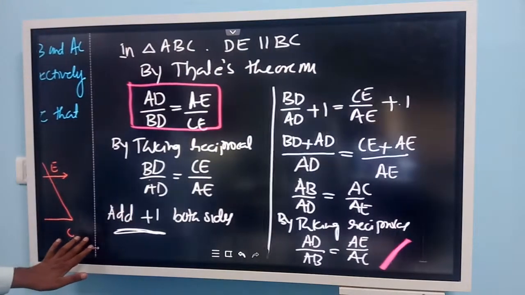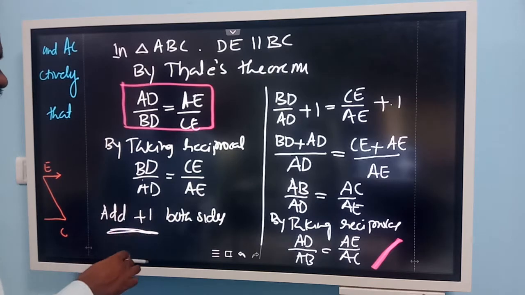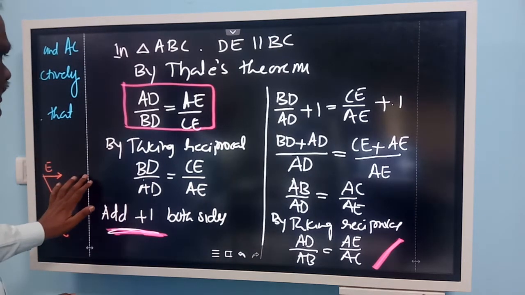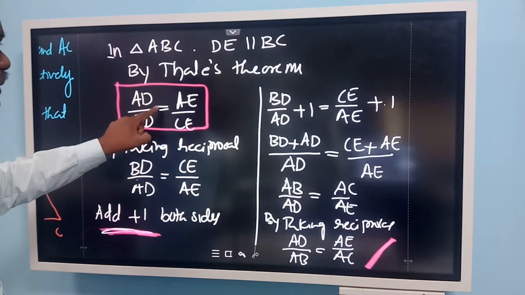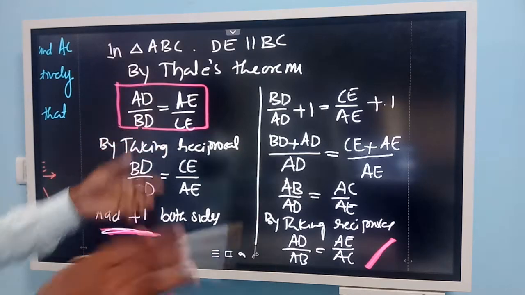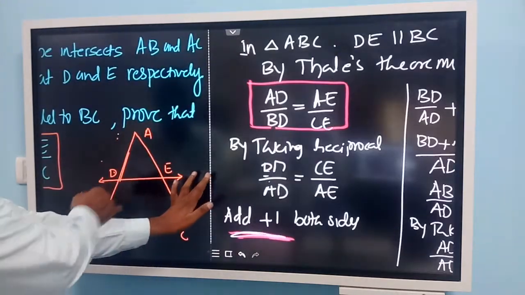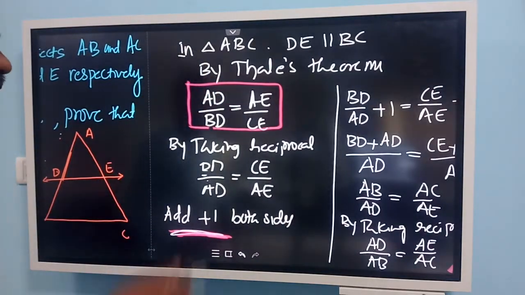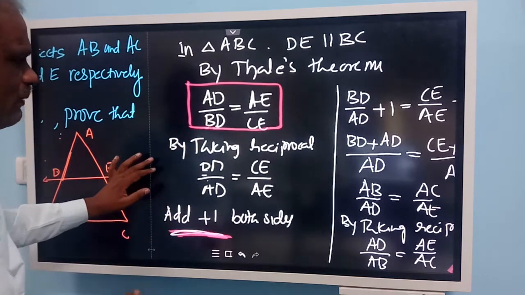Now you tell me why we took the reciprocal. Without taking the reciprocal, if you add 1, what happens? You tell me. Instead of AD you will get BD. So BD will remain as it is. Why? Once we add plus 1, it becomes AD plus BD, which again becomes AB. AD gets eliminated there, BD will remain. Whatever is there in the denominator will remain as it is.